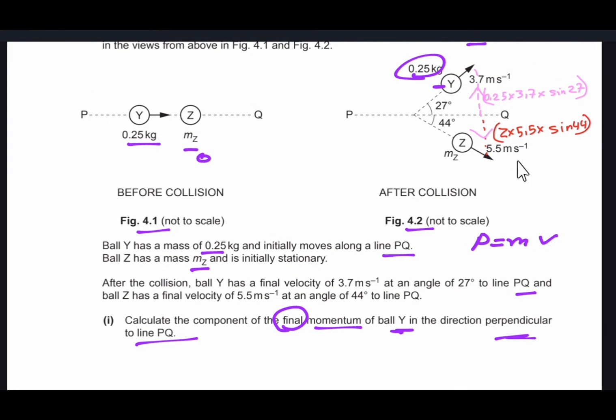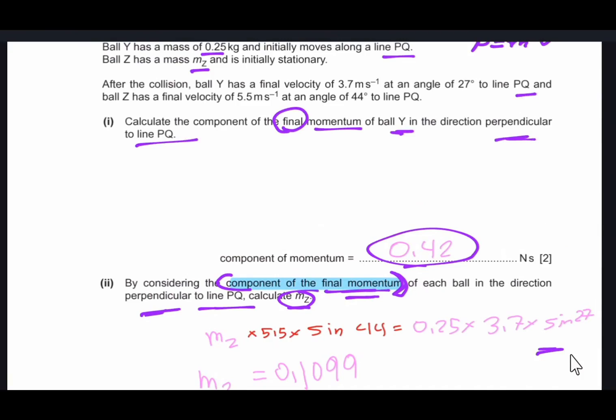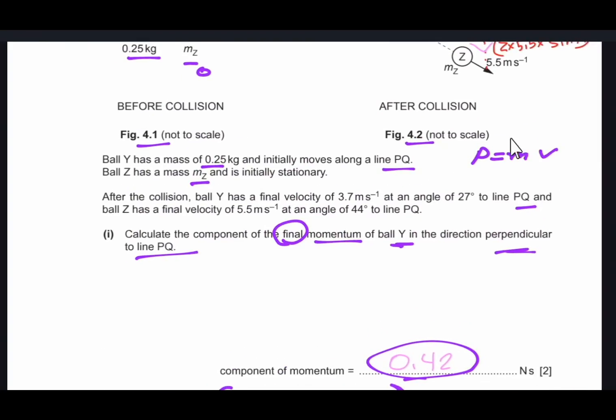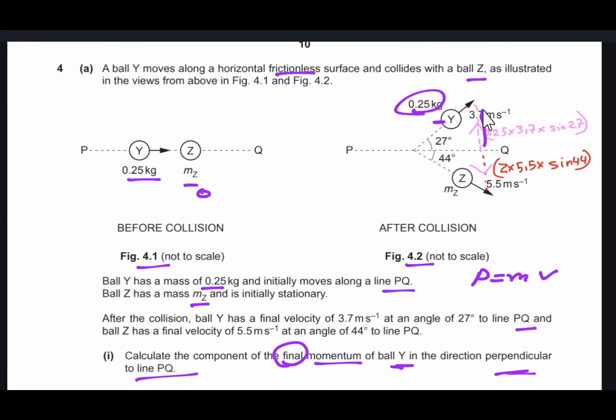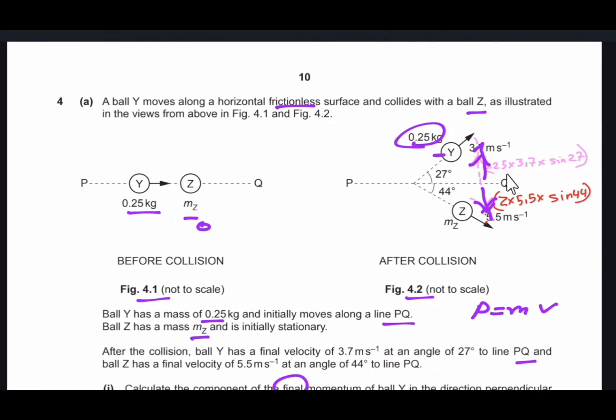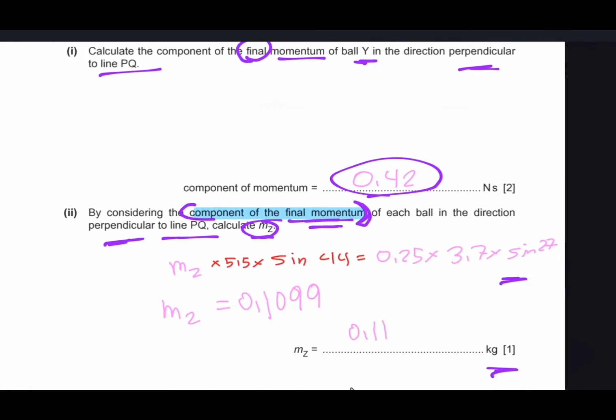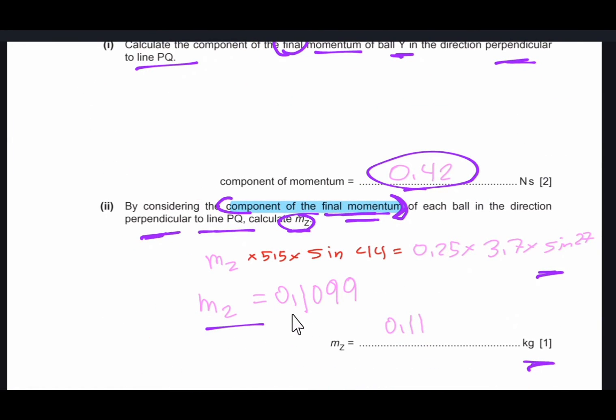Since it is a one mark question, we just consider that the momentum in the upward direction is equal to the momentum in the downward direction, since we just need to consider these two things. We know the upward momentum of Y, and the momentum of Z would be its mass, that is mz, into its velocity and sine 45 degrees. After equating, we get the mass mz as 0.1099, that is approximately, correct to two significant figures,